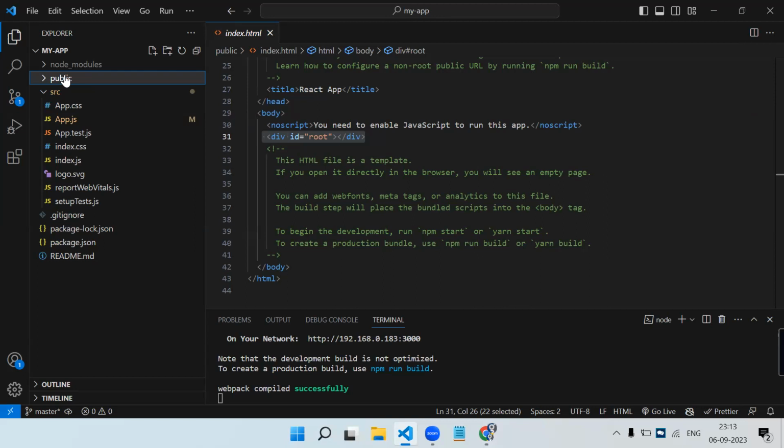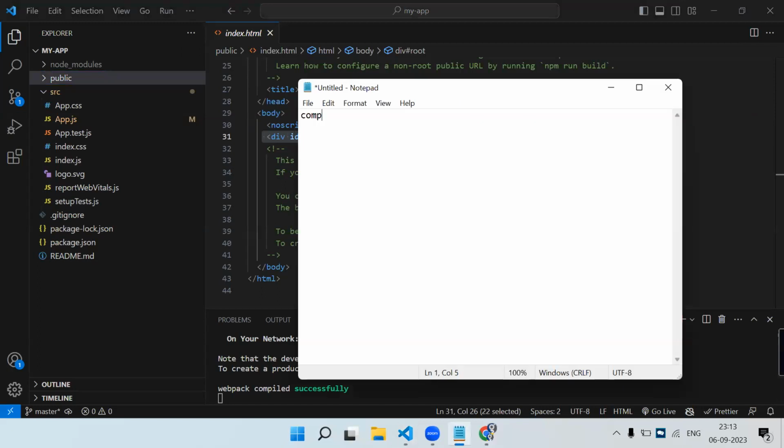So for now, just consider a component as equal to your HTML page. Just for now, as we are in the initial phase, consider one component as nothing but an HTML page, just like the pages we used to create when we learned HTML or CSS. So how do we create a page? If someone asks you to create a page in React.js,